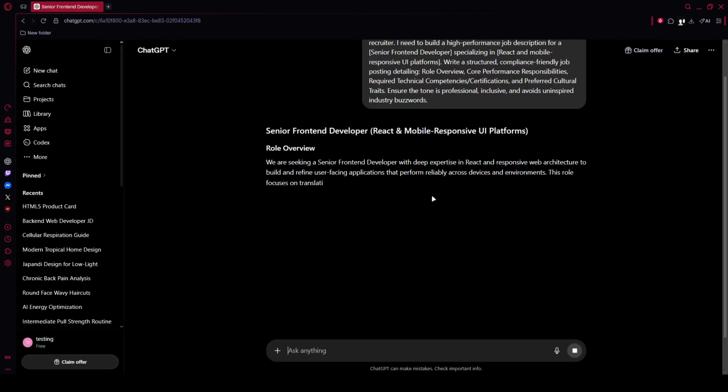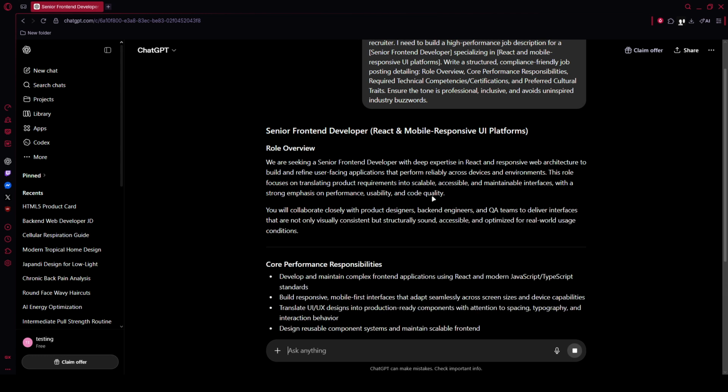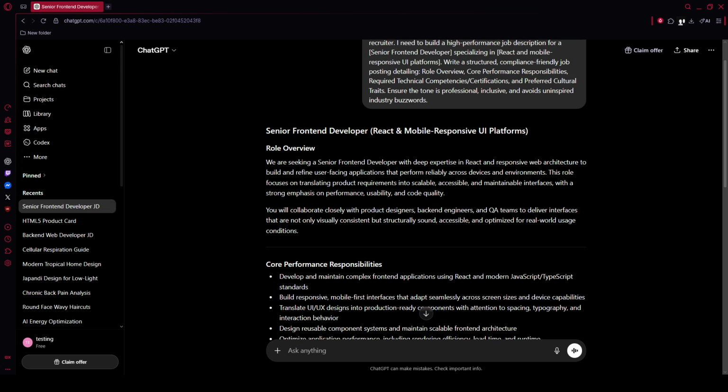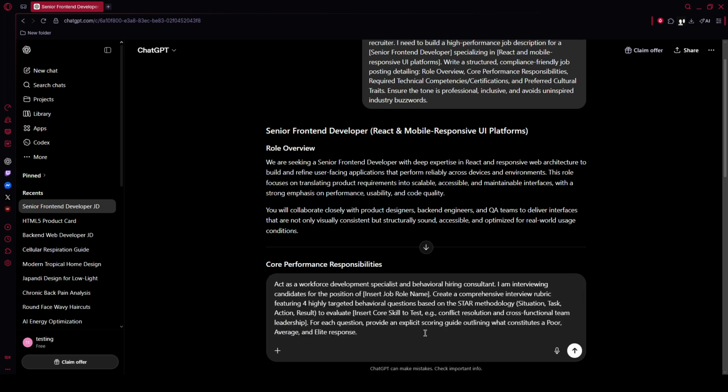To standardize interviews and reduce bias, generate an objective interview rubric before you meet candidates. Paste. Act as a workforce development specialist and behavioral hiring consultant. I am interviewing candidates for the position of insert job role name. Create a comprehensive interview rubric featuring 4 highly targeted behavioral questions based on the STAR methodology: situation, task, action, result,